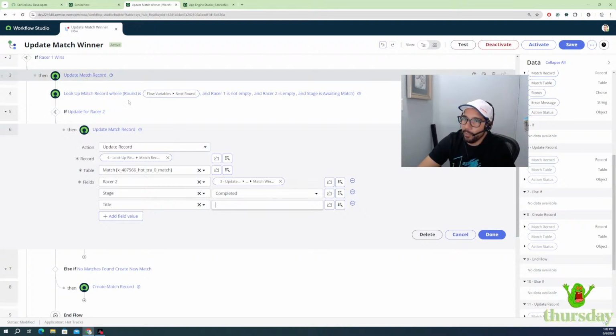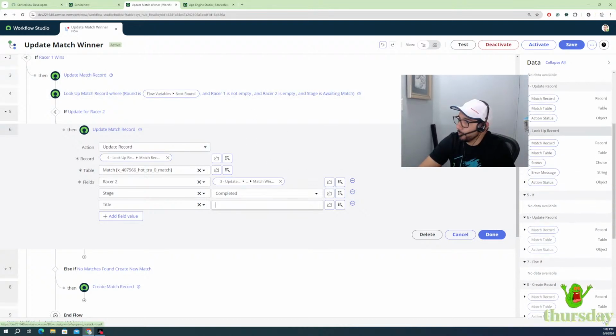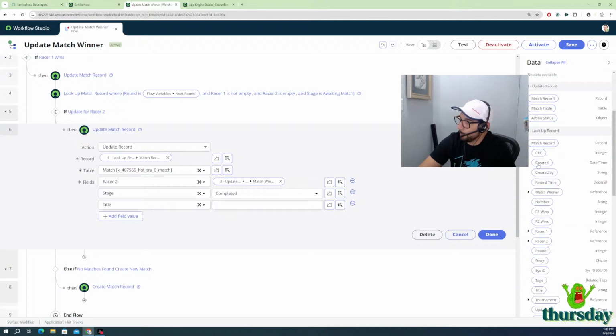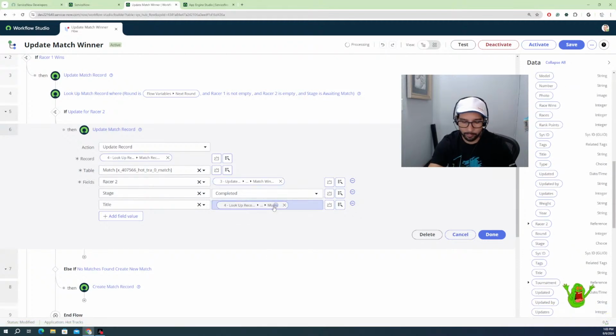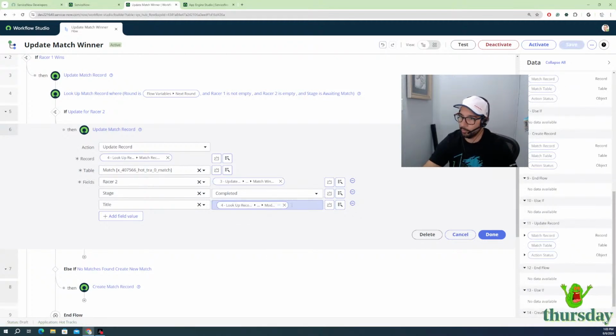So that will be 4. There should be 4. Racer 1 model versus, and then it will be